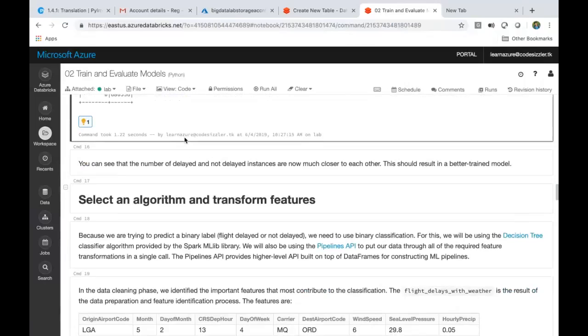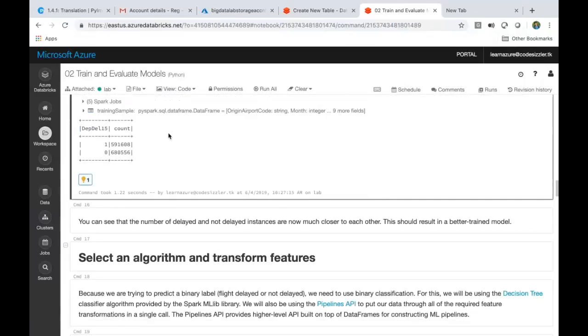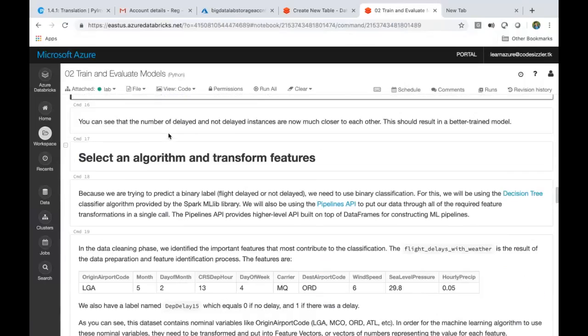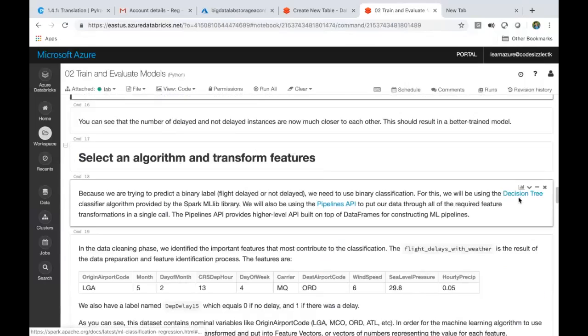Now, we have our data ready. The next step is to select an algorithm and transform the features. As I mentioned, we are using the decision tree algorithm, and this can change. See, this is not a one-time process. It will change. We can use binary classifiers, random forest, or let's say XGBoost. There are many algorithms in the space. So it's up to the data scientist. He can go through multiple iterations. He understands when to use what, and he'll go with that.